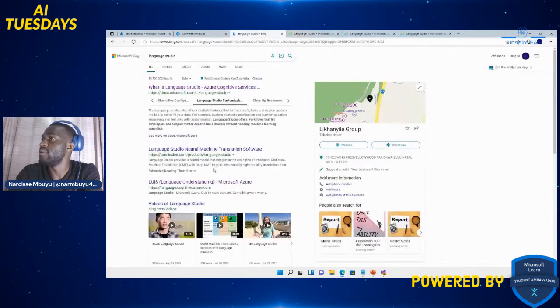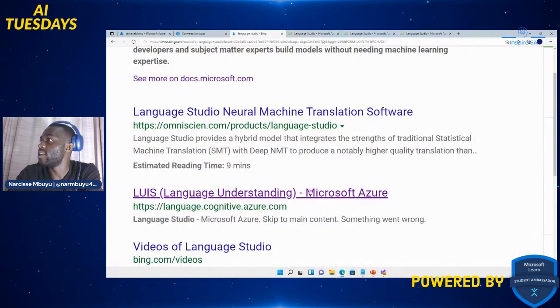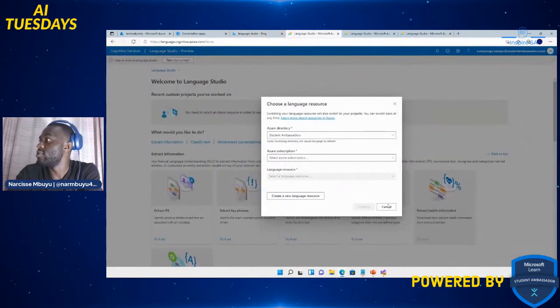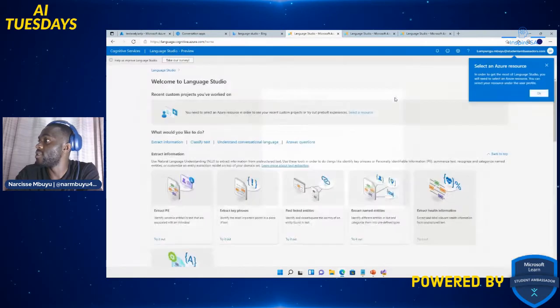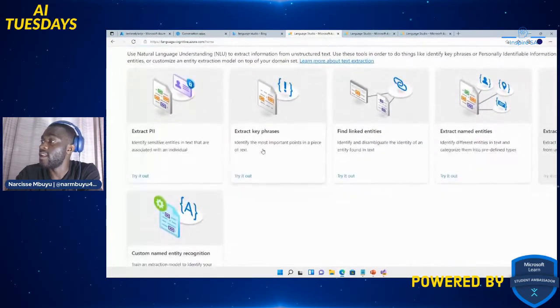Let me zoom in a bit. So here's the link of it. Lewis, language understanding, Microsoft Azure, language cognitive.azure.com. So that's how you go to the language studio. As you can see, it's already open, and you just sign in with the Azure account that you created, and there it is. So we went through this tutorial last week with Jessica and Somalese, and now we'll be doing